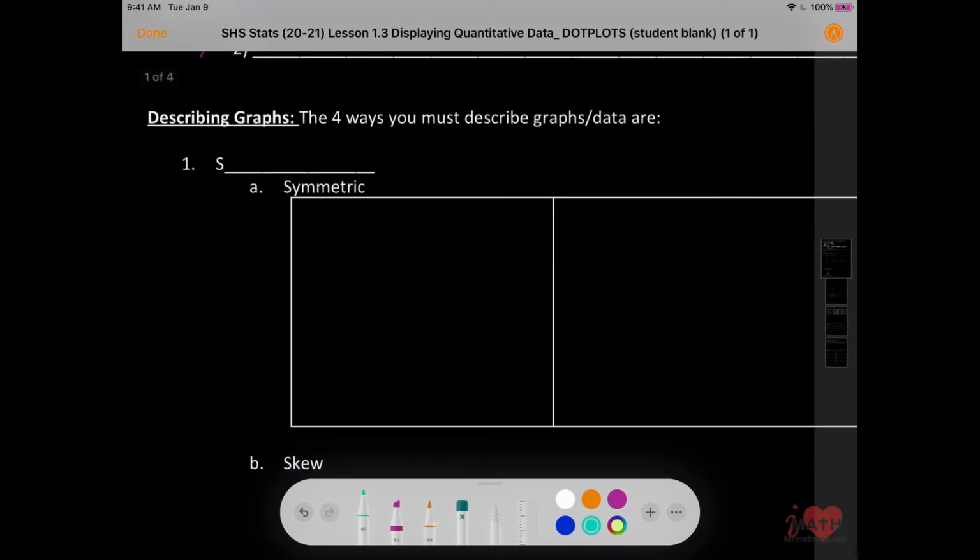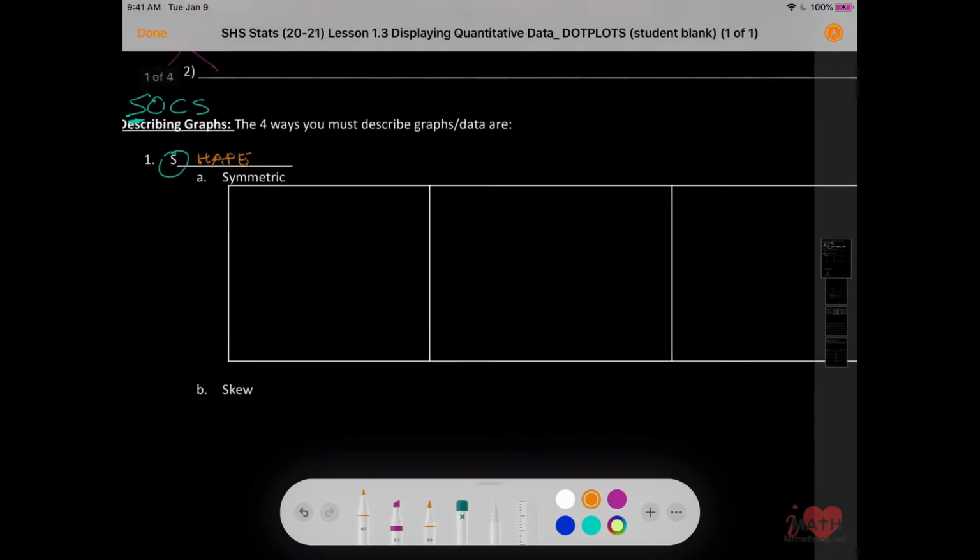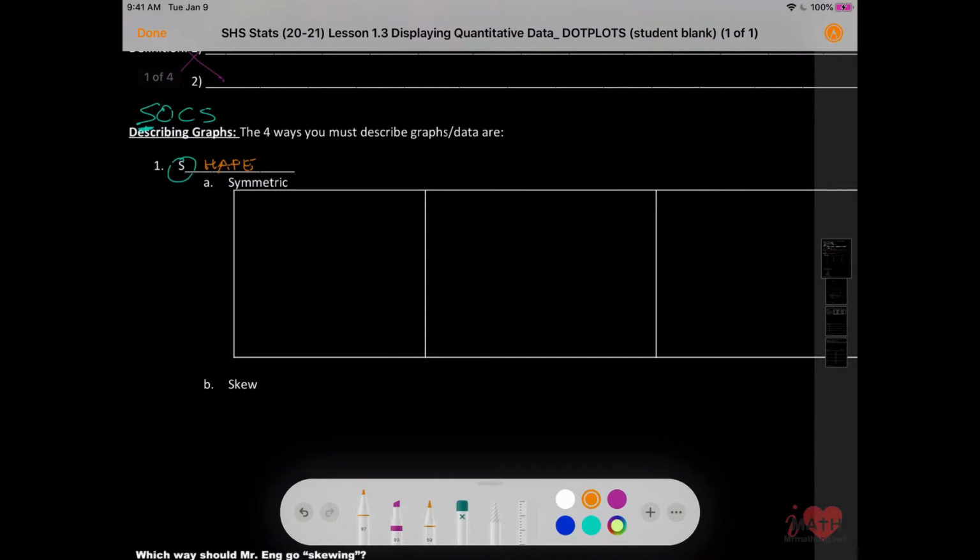Let's talk about describing graphs. When you see the words describing graphs, you should think of the acronym SOCS, and we're going to go over those. This is the S in SOCS. The first one is called shape, and the first shape is called symmetric. What is symmetric? Same on